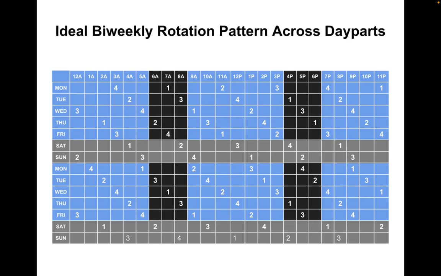This chart shows an optimal rotation for one song during a 2-week period. The numbers in the chart represent the quarter of each hour in which the song is played. On the first Monday, this song would play in the fourth quarter of the 3 a.m. hour, next in the first quarter of the 7 a.m. hour,